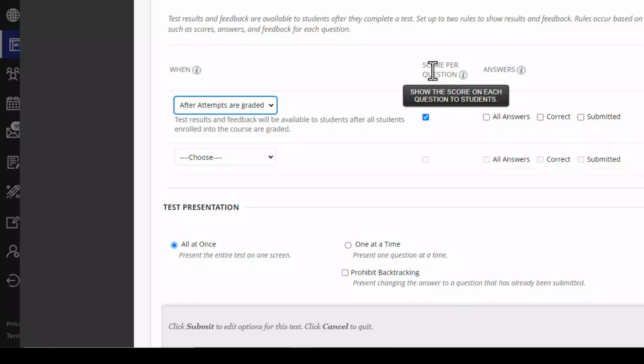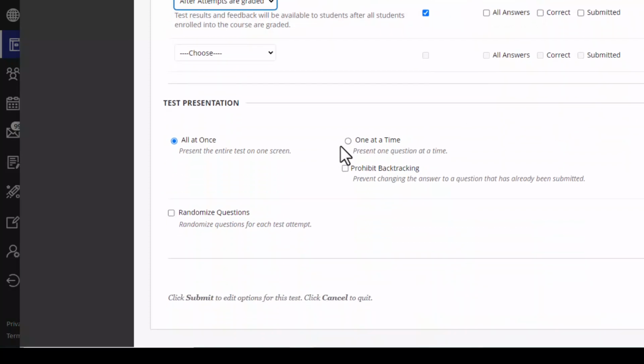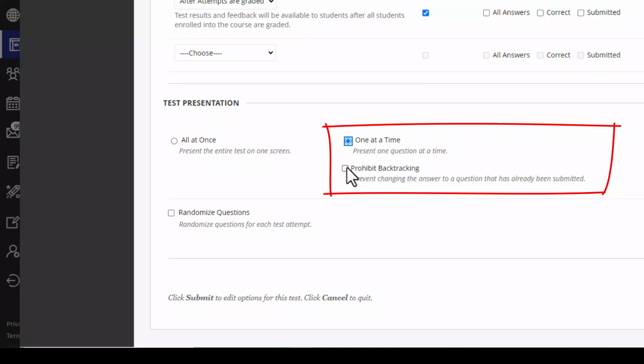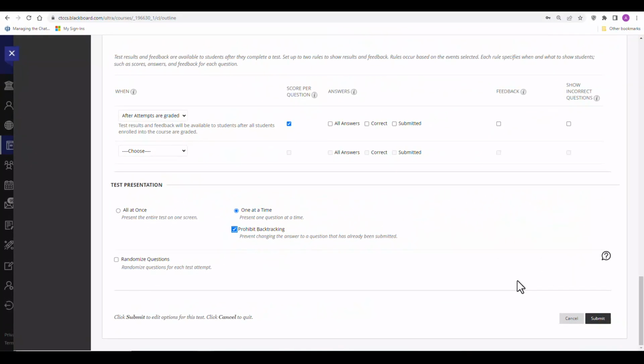And that's probably the best option in this case, considering we have 3 attempts available to our students. We wouldn't want to display the correct answer with multiple attempts. Next, under test presentation, we are being asked to choose one at a time and to prohibit the backtracking. Once we've selected all of those options, we can scroll all the way down to the bottom right and choose